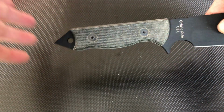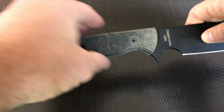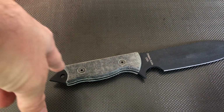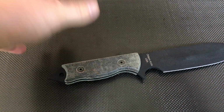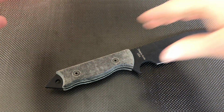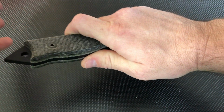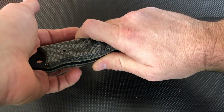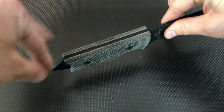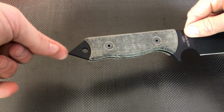Another thing that I don't like is this. Look, I understand the thing with skull crushing, but if you have a flat butt cap, as a utility it's better because you can apply force with your hand if you want to stick it into something, or even with another tool. And it's a full tang construction, okay? You can beat it with a hammer into something, but if you do this